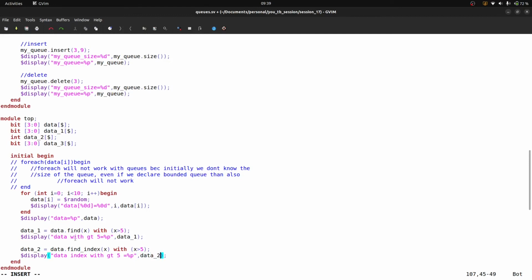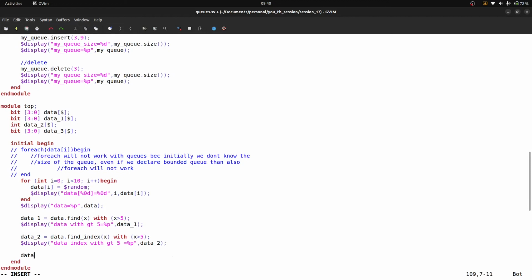So what we have done inside that, data_2 is equal to data.find_index x. So what is the difference between this function and this function is, this will give the value which is greater than 5 and this will give the index which holds the value which is greater than 5, simply, right?